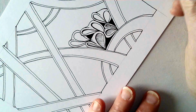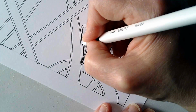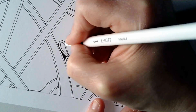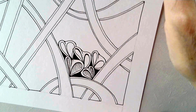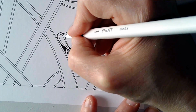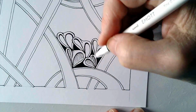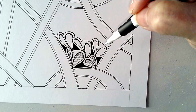And what I may do later on is I may very well add some white dots to these black spaces so it looks like we've got a night sky here. Okay, I need to add some line weight to these as well. There would be a nicer curve, and inside I'm also going to add line weight at the top, perhaps there. I'm not being consistent where I put the thick lines, and I will show you how I'm going to add